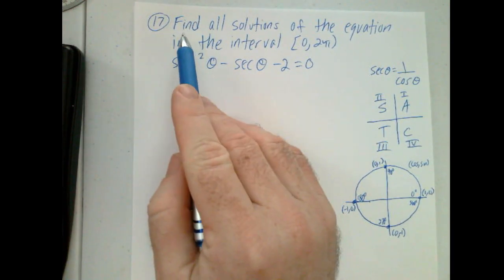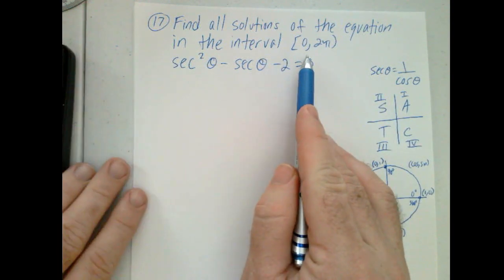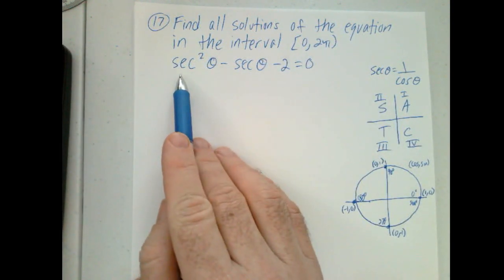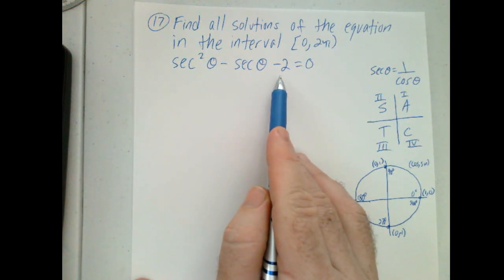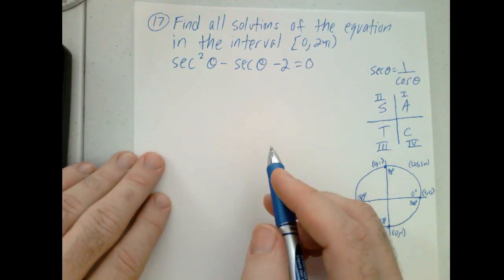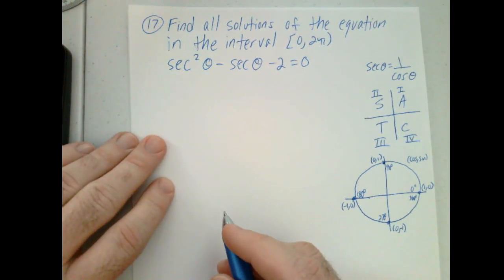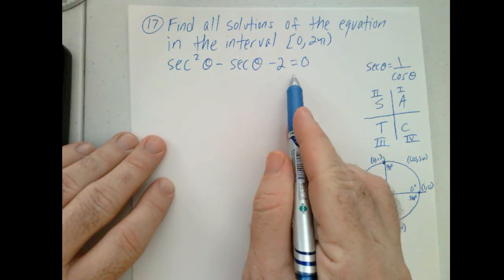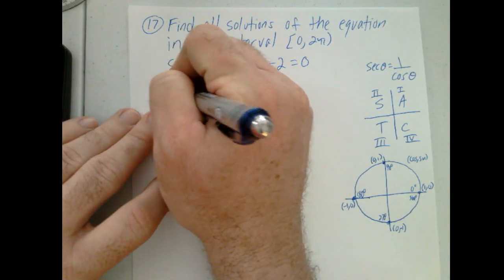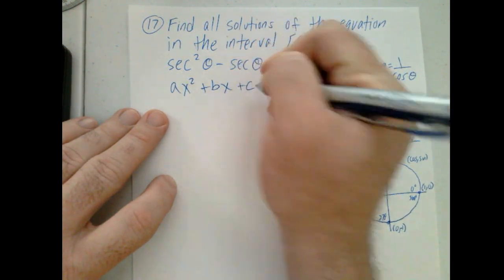Alright, so 17 says find all the solutions of the equation in the interval 0 to 2 pi, and our equation is secant squared theta minus secant theta minus 2 equals 0. So if you look at this closely, you'll realize that this is in the form of a quadratic equation, which is ax squared plus bx plus c,